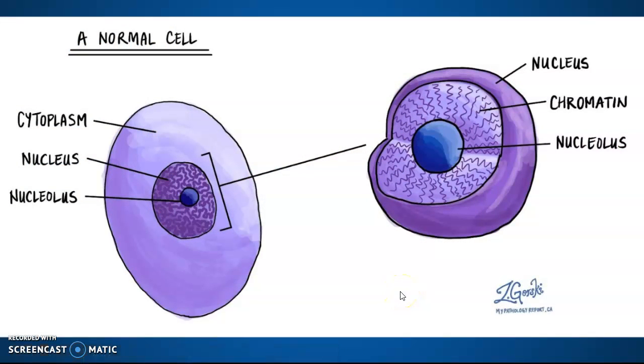Then I included this picture because I think it helps us understand more of the part of the cell we just talked about, which is the nucleus. So as shown in the picture, we have a normal cell, which is composed of cytoplasm, nucleus, and other cellular structures. And then we have the nucleus, which has the chromatin and the nucleolus, which was what we just went over in the